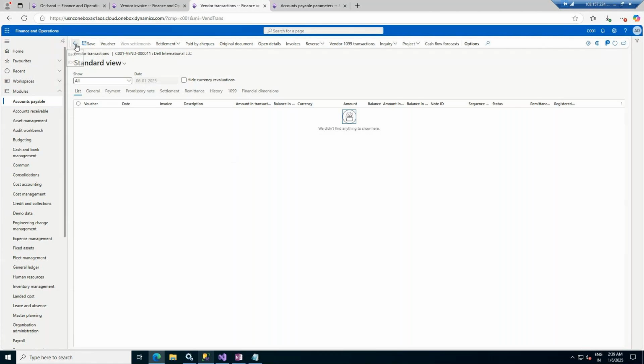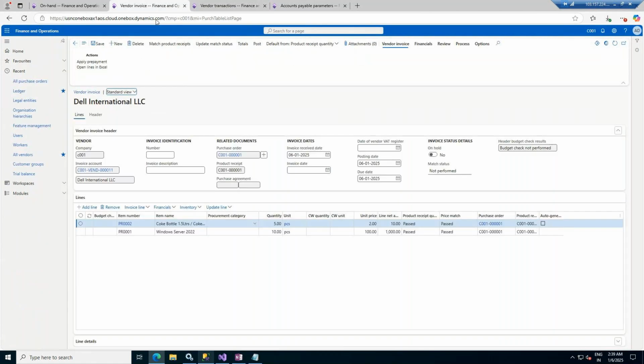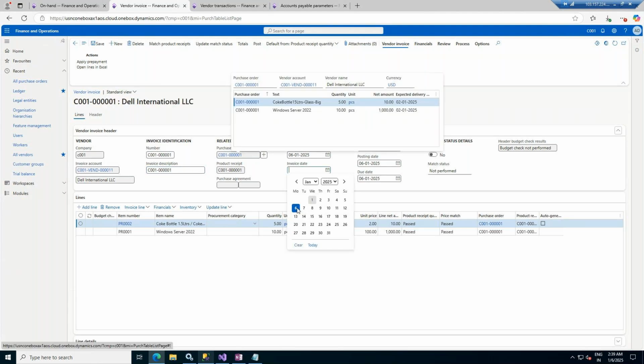Okay, now I was working on the vendor invoice level, and as I told you, there is a match status. This is a two-item invoice. The quantity is okay, the unit price is okay, the product receipt quantity is okay, the price is okay. You have to give a number, so I will give the purchase order number. You can give any number, and the invoice description also. The invoice date will be as of today, and then we will go for the